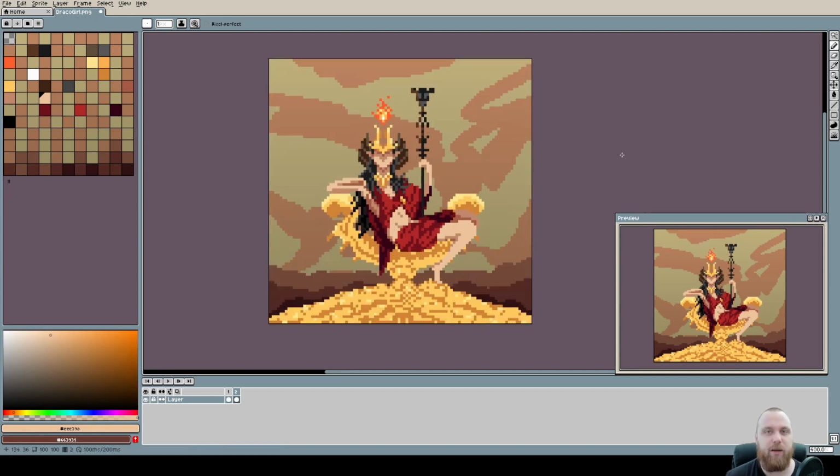Okay, so the first thing I'm noticing is the background and the colors. If you look to the left on the color palette, I'm noticing that you have a lot of colors. This means that you have used a gradient for the background, but you have not used a gradient overlay for the foreground, meaning for the gold and for the princess herself. So I'm going to tackle the background as one portion of the feedback,